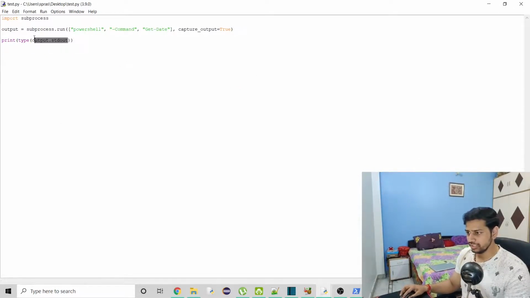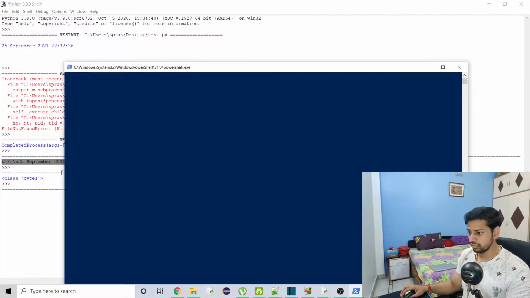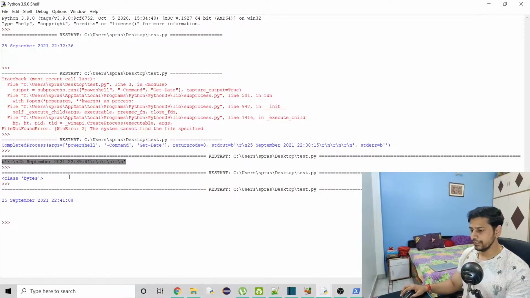So I need this outside, and then I will use decode, and the decoding format is the universal format, which is UTF-8, and then I will hold this in another variable, result, and then I will try to print result. Okay, so this seems good.